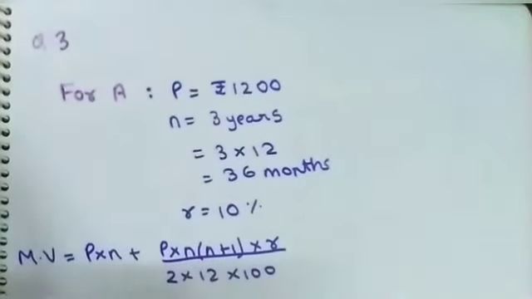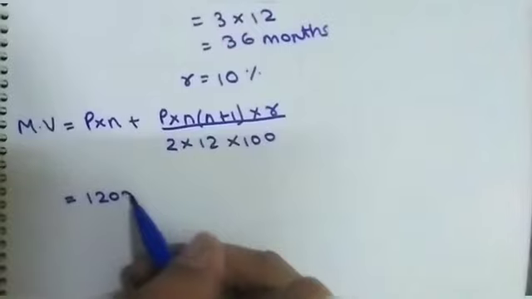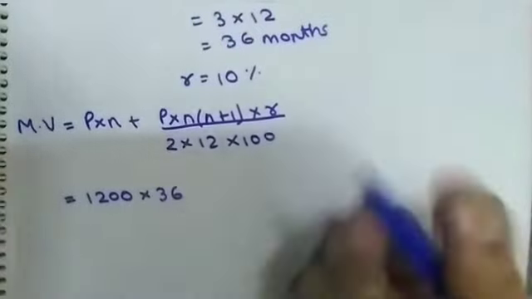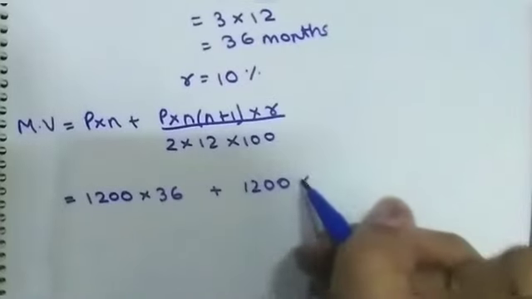By this time you must have memorized this formula, I hope. If not, please do memorize it, because it is a really important formula: 3 to 4 marks sum comes from this chapter in the board exam. So do memorize. So P into N would be 1200 into 36 plus,